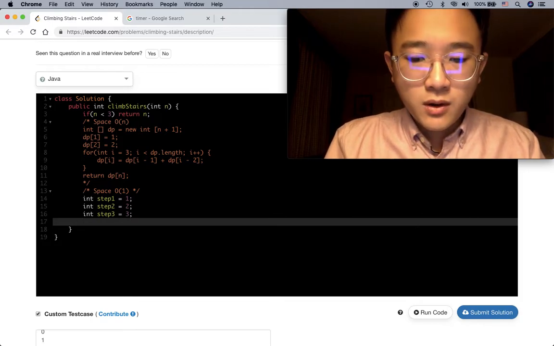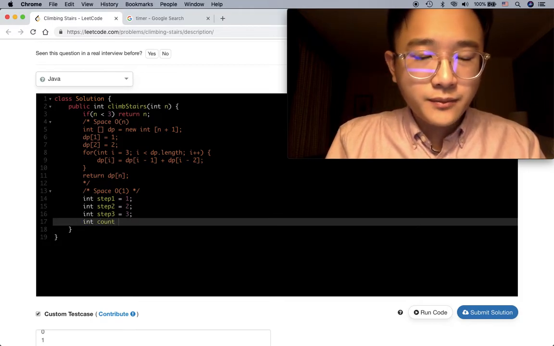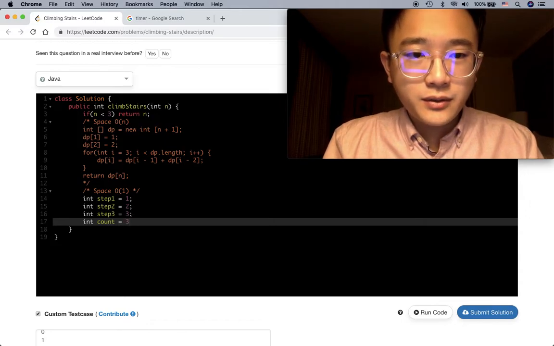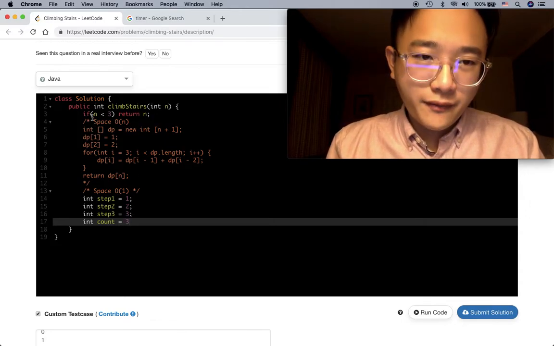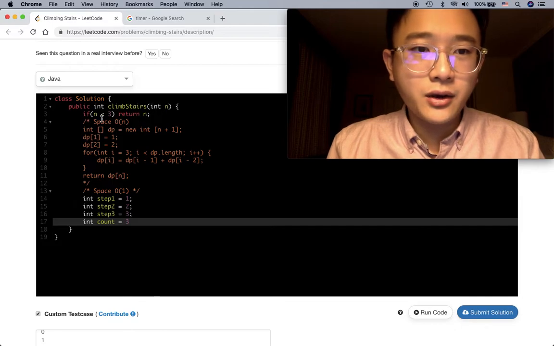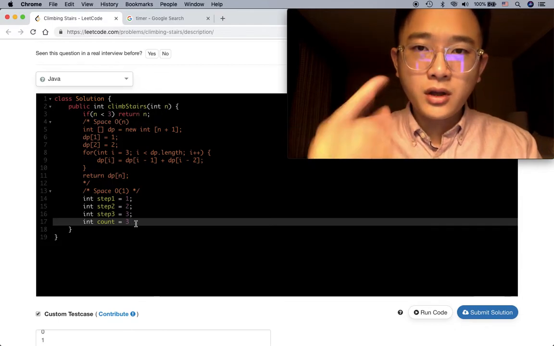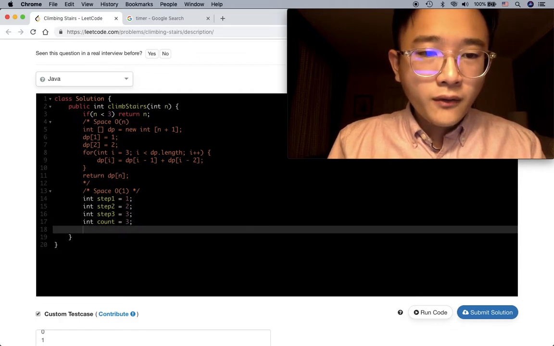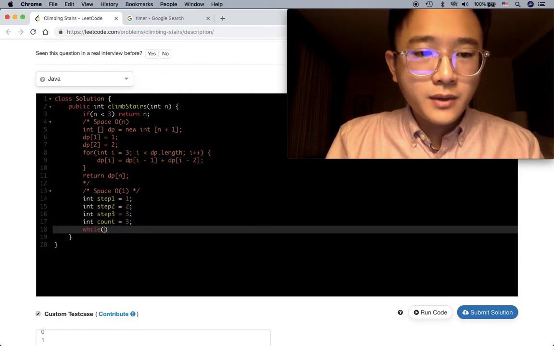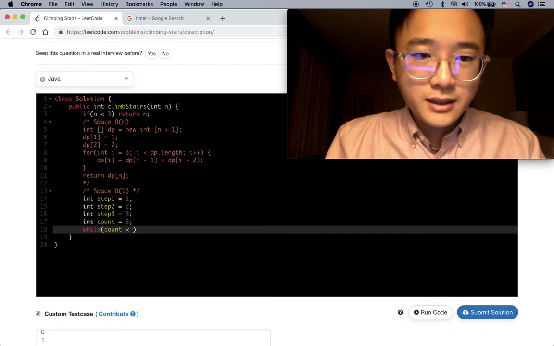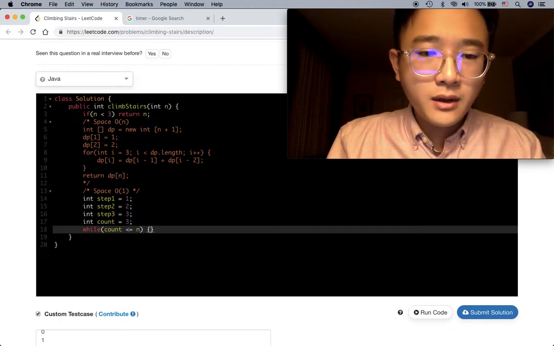So we'll have int count, let's say it was 3, because we already have an edge case check here. So it's going to be greater than or equal to 3. So while count is less than or equal to n,